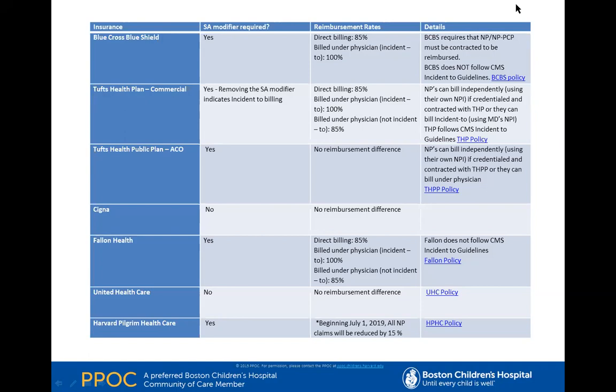So I wanted to remind everybody of that. And then we have a coding question, which I will get to in a minute. But while we're looking at NPs, we do have a question: is it possible to bill incident 2 and direct billing for the same NP based on the type of circumstance around the encounter? I would need a little bit more in the way of specific details there. That almost sounds like that split visit you talked about.